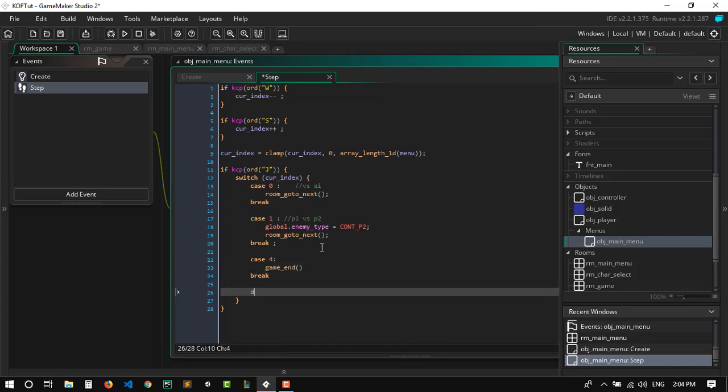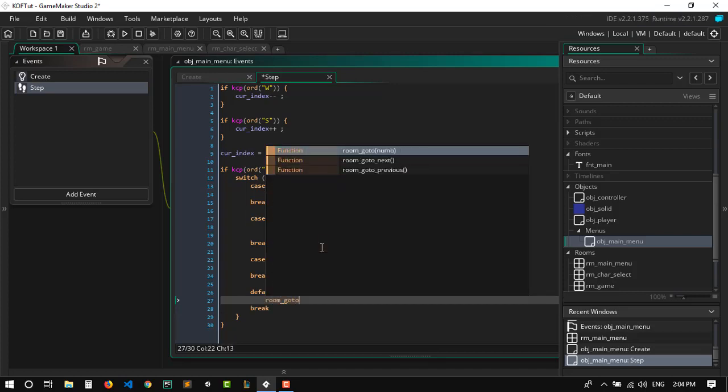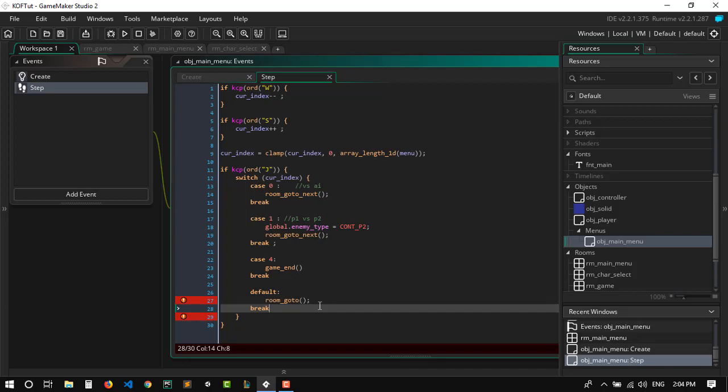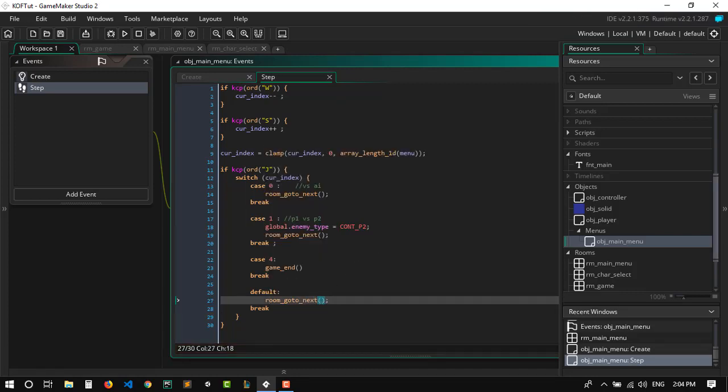Okay, and let's add the default case, so when we select other options we're gonna actually do something. So we're just gonna go to the next room, room go to next, instead of not doing anything. Now we need to, oops, this is room go to next. Okay,